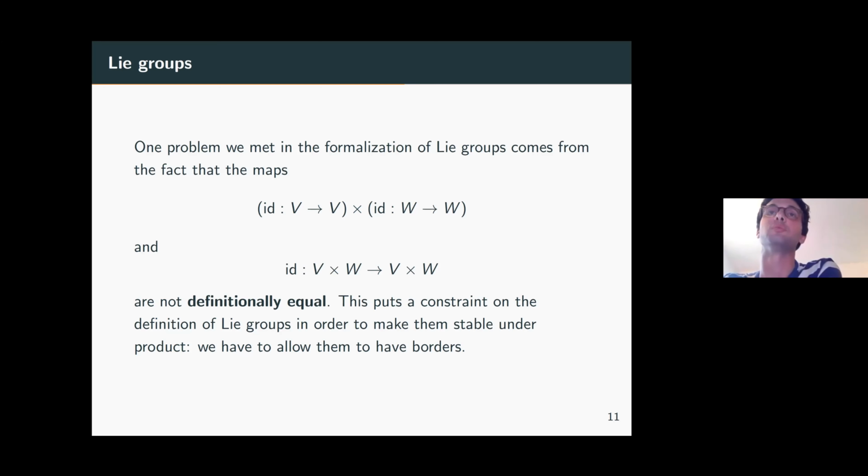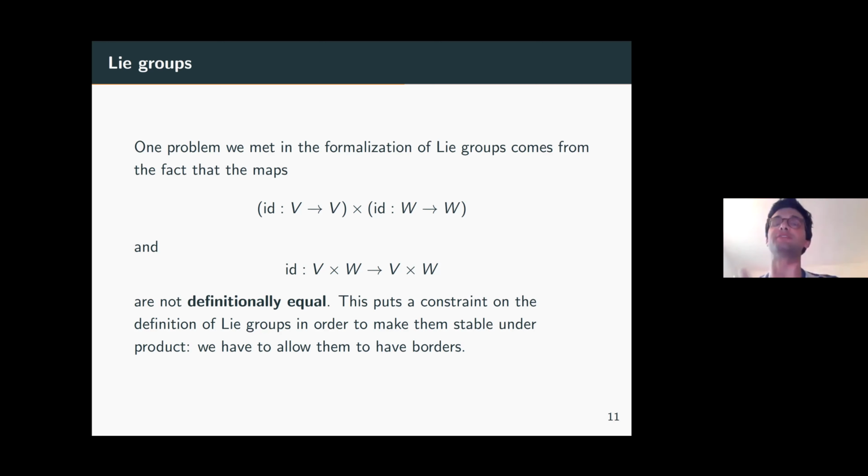So one might want in the first place to forget about model with corners and use a trivial model with corners, that is to say the identity map from the model vector space to the model vector space. However, there is a problem with this, which comes from type theory, from the theory underlying Lean. And the problem is that if you ask Lie groups to have the trivial model with corners, then you will